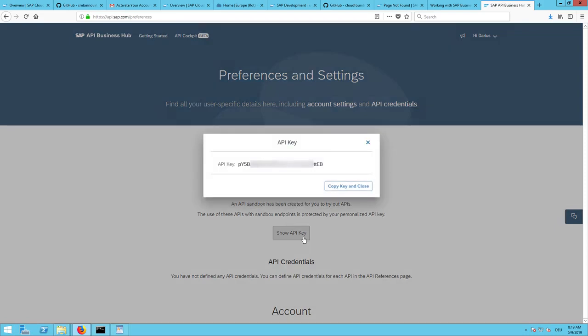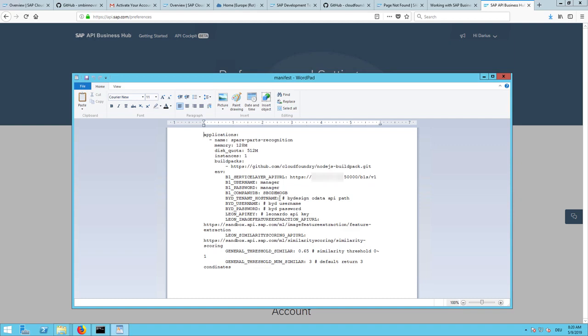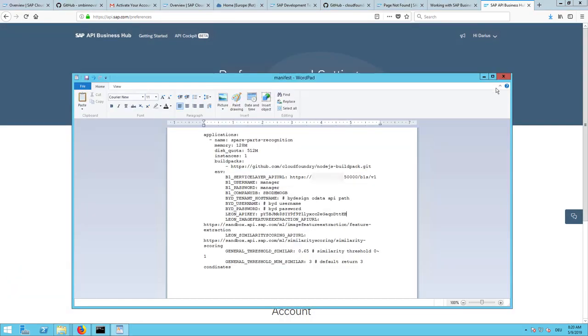Alright, so now it worked, so I will just copy the API key and will enter it also here in this parameter part, and will just save it. Okay,